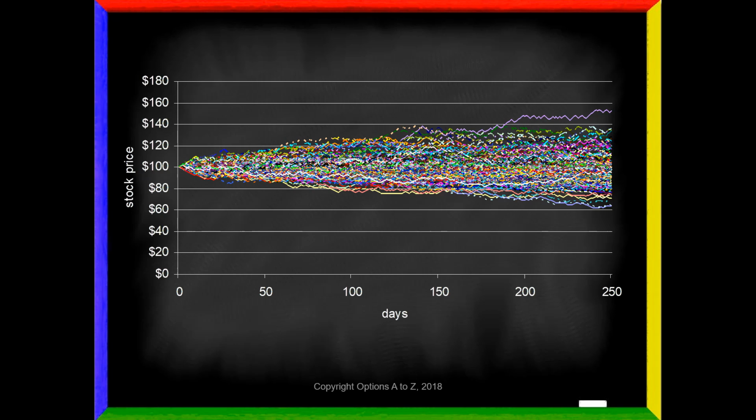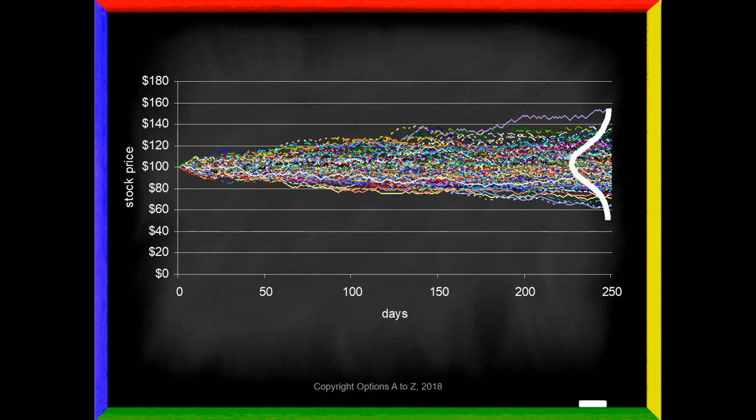were to measure all of the various ending stock prices down there in very small ranges, so like every time it hit between $100 and $100.10, and between $100.10 and $100.20, and we looked at all these small ranges, and we tallied up how many times these stocks landed in those little buckets, we would end up with a bell curve. Whenever you have volatility, the width of that bell curve will change or increase